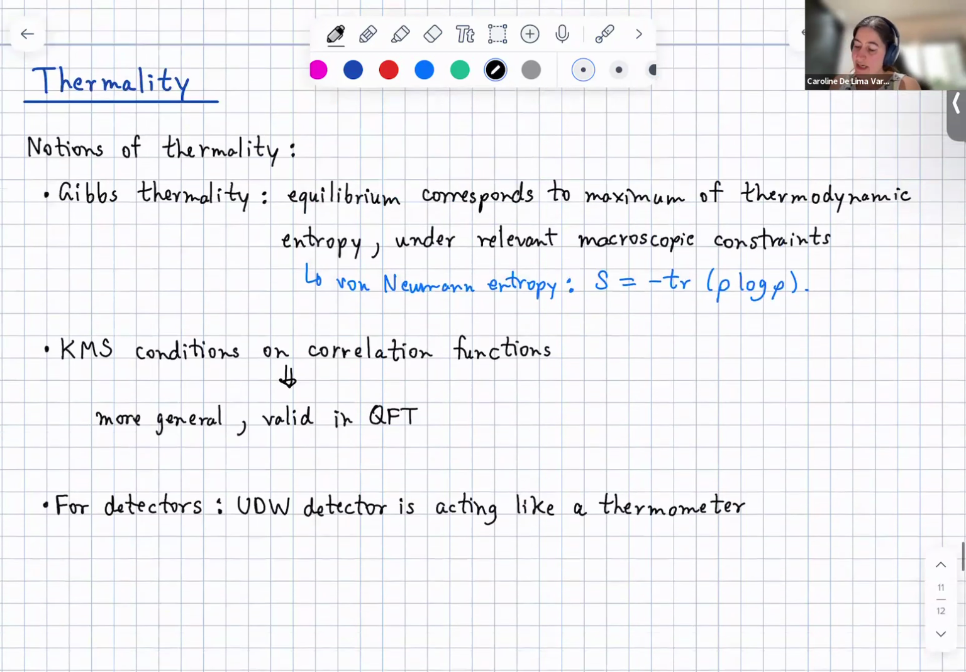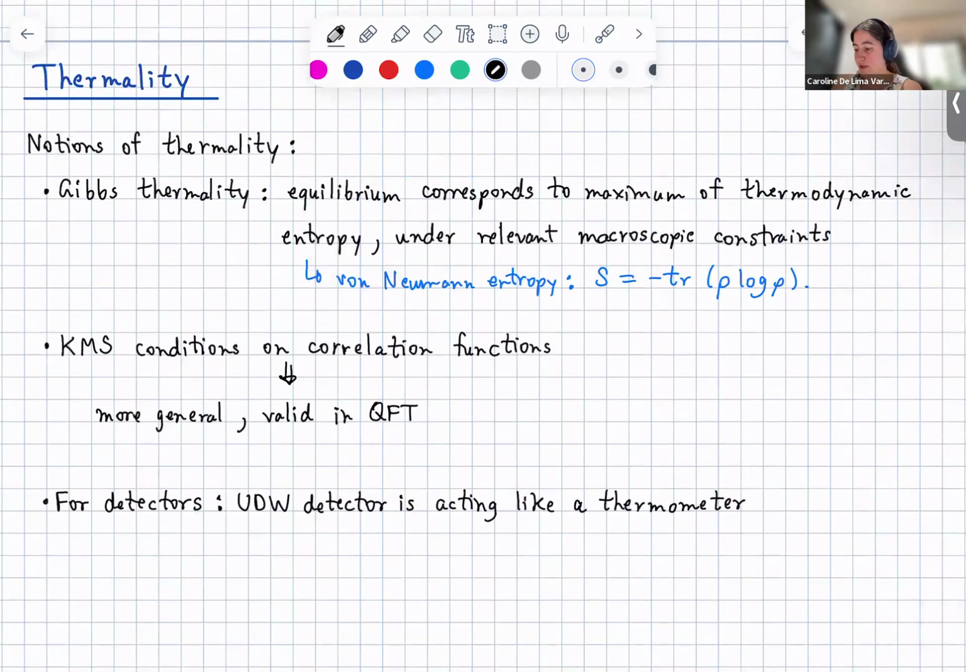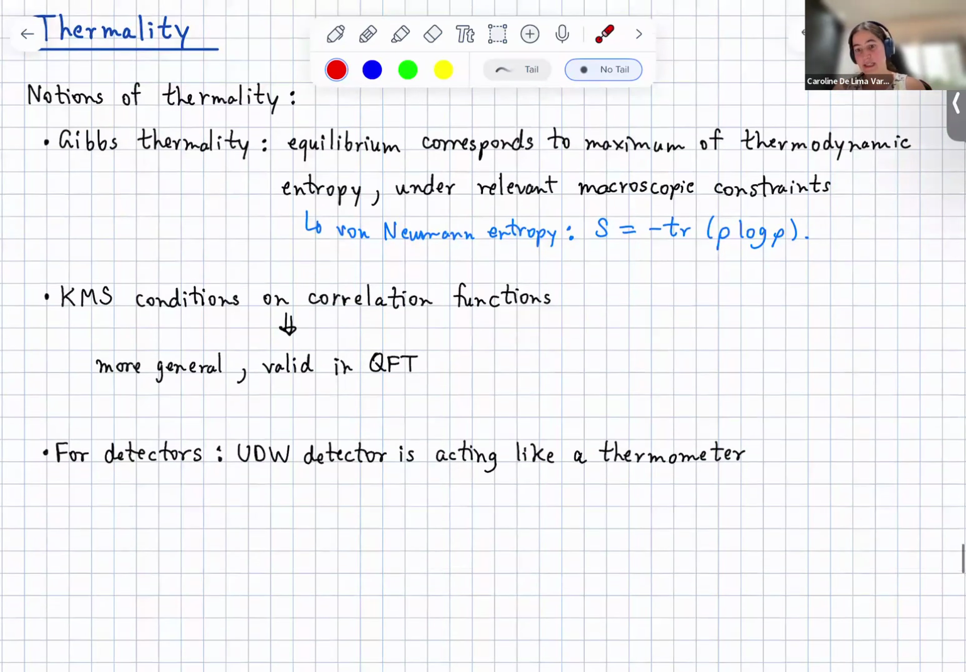Yeah, so Marcos, what you asked, I think the notion that you're talking about would be the notion of Gibbs thermality, right? So this thermal state would be some stationary state that maximizes this entropy, some entropy that you're defining. That would be the meaning that makes sense for us in terms of stat mech, right? Now, what happens is that